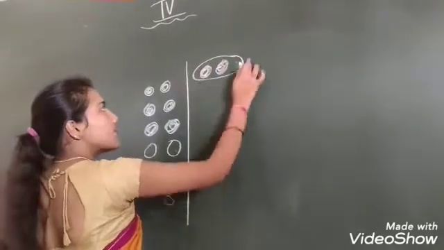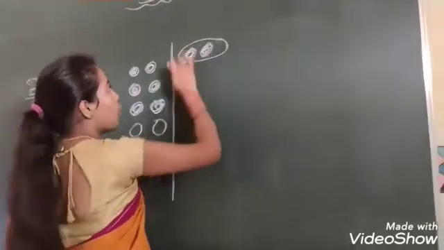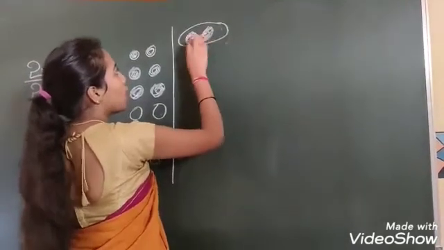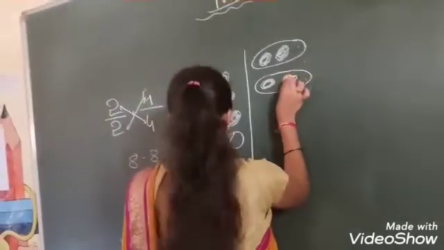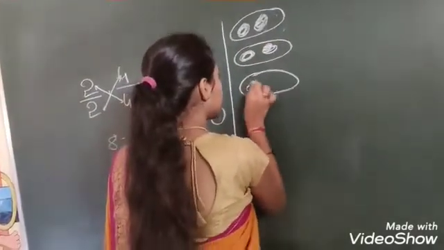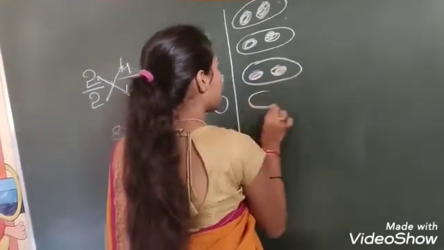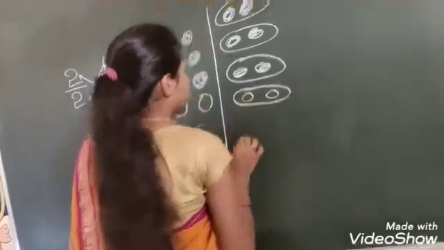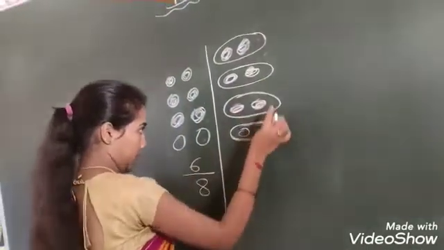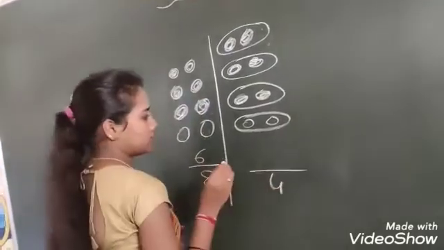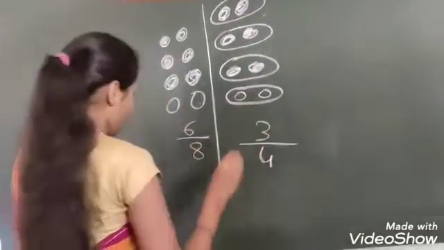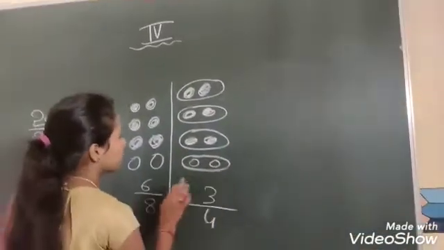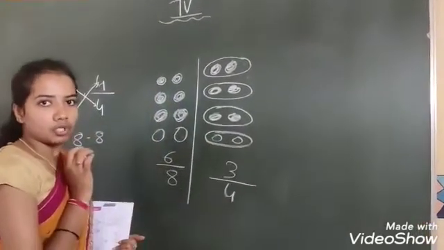So same they had given like this. Now we consider this as 1, not 2, because the whole circle has 2 bars, because this is 1. Then it becomes 1, 2, 3, 4. 4 columns are there. How many columns are shaded? 1, 2, 3. 3 by 4. 4 columns, 3 are shaded. 1 column is without shading. Understood, no? See, like that only.